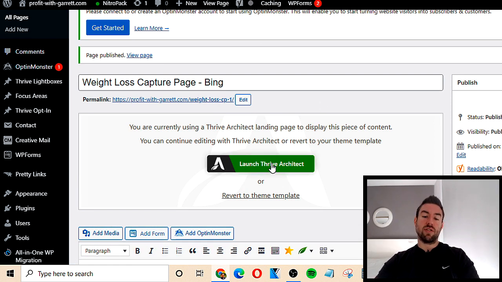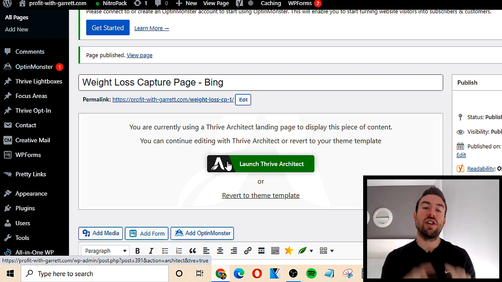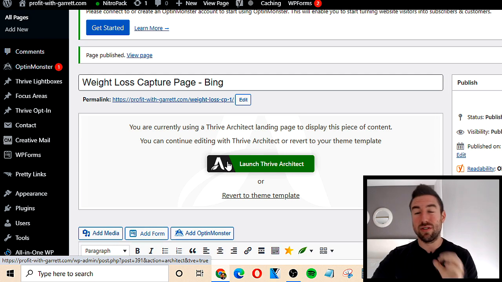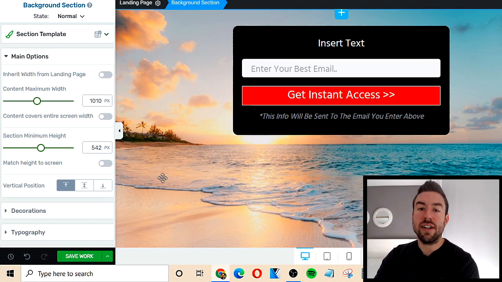But basically, I will just open this. I'll share with you how to create a very simple capture page and then how to put the code from Bing on that page so we can start tracking conversions, which is very important. Now, all I want to do with the capture page is make it very related to our